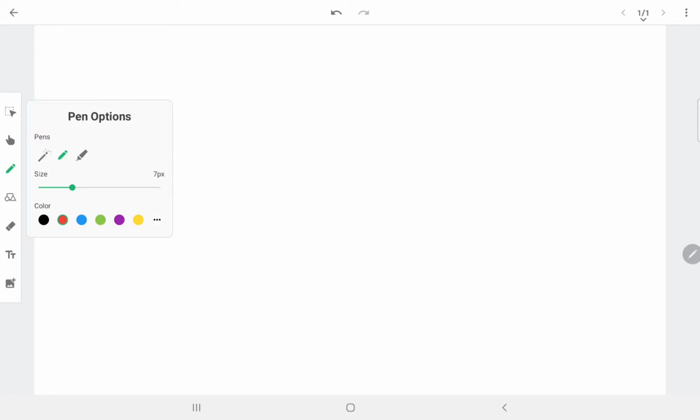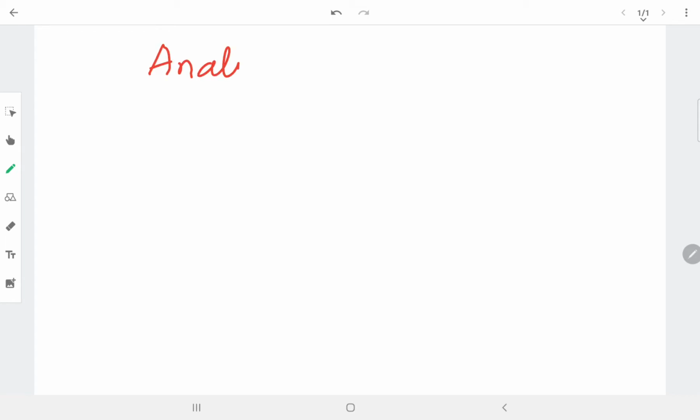Okay, hi all. Today we'll be discussing a topic that is analysis of beam. Generally, this is analysis of RC beam. I'll be writing analysis of RC beam. We'll be discussing with problems, that is how to calculate the capacity of a beam